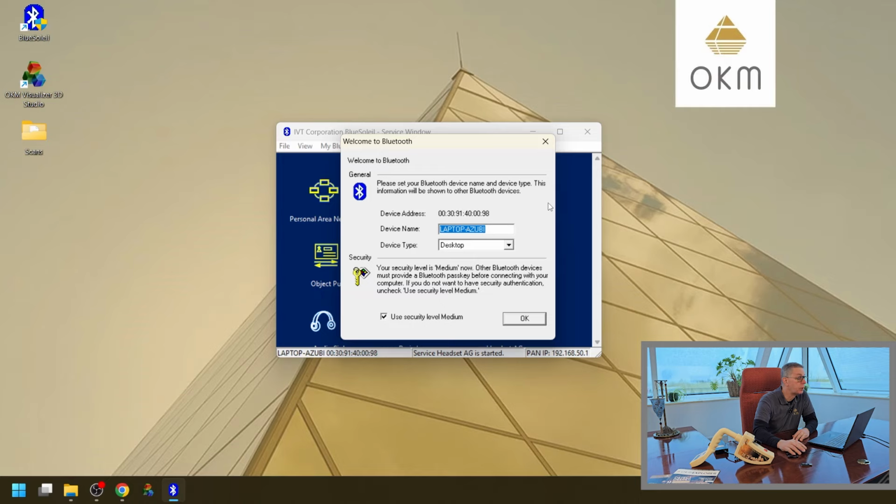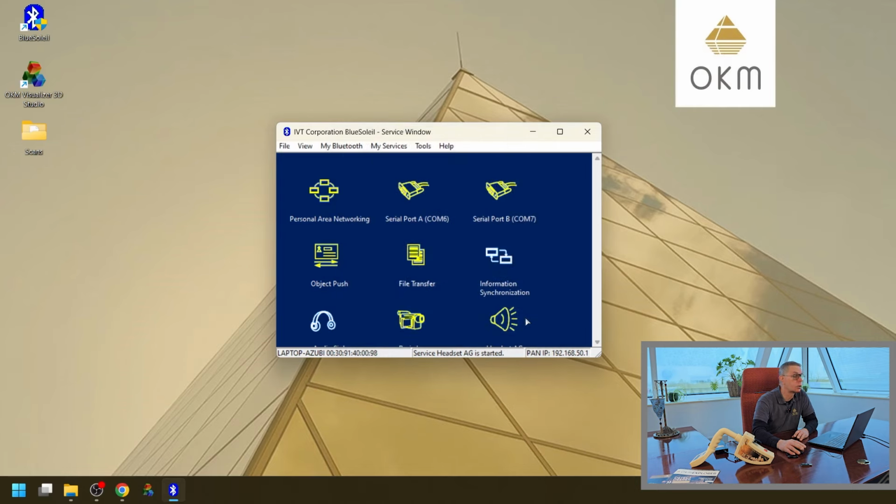Welcome to Bluetooth here. Device type desktop here. I'm going to say OK. We're going to click this once here. It should not appear again, but in the case it does, then it's a very simple quick fix, just clicking